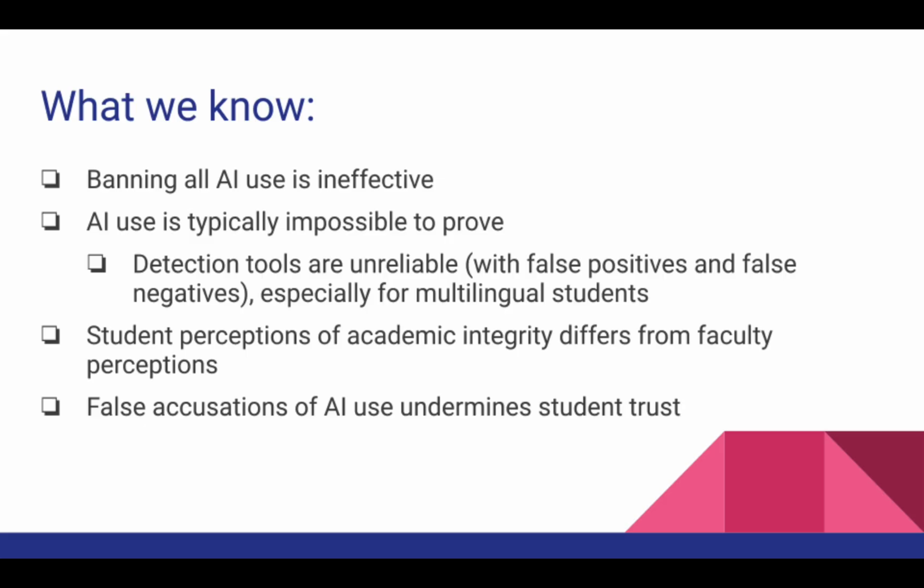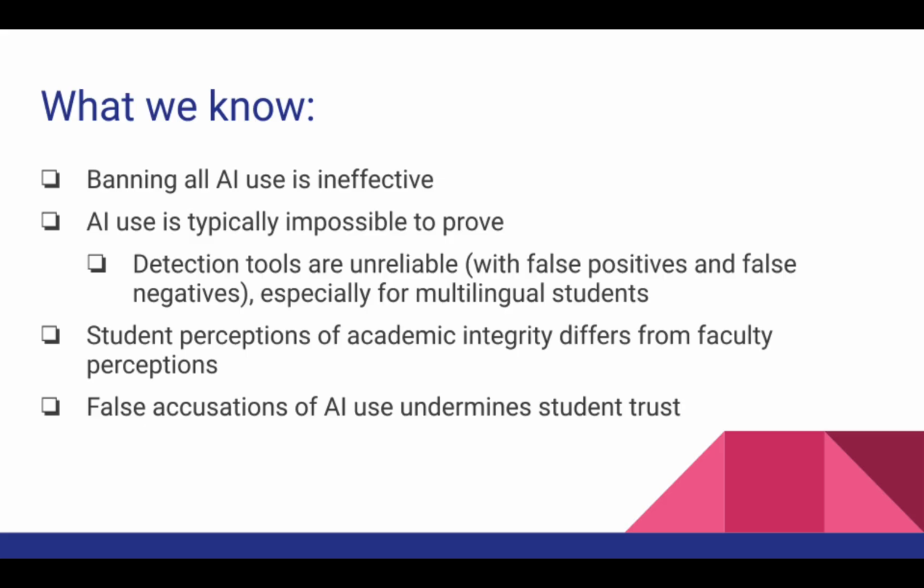Detection tools are notoriously unreliable. The best of them, under ideal circumstances, which is when students put in a really simple prompt and don't do anything with it, will be accurate about 90 to 95% of the time. The worst ones are reliable much less than that. But they do generate both false positives and false negatives. So they will claim that things have been AI generated that were not, especially if there's a fairly rigid sentence structure and format, or if there's a lot of quotes that are used, even quotes that are cited and so forth.